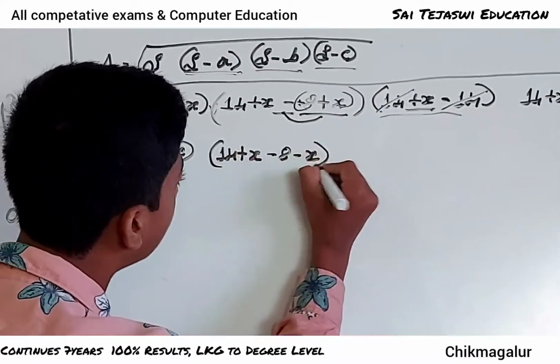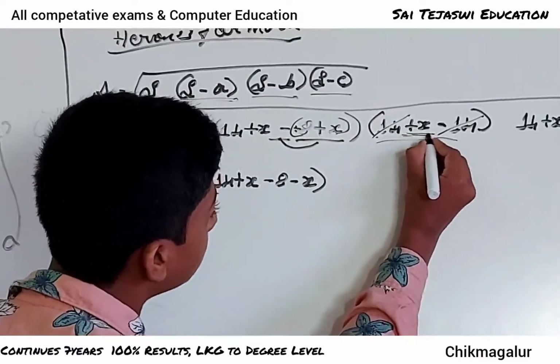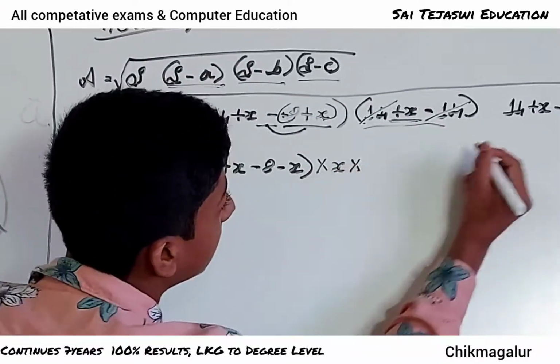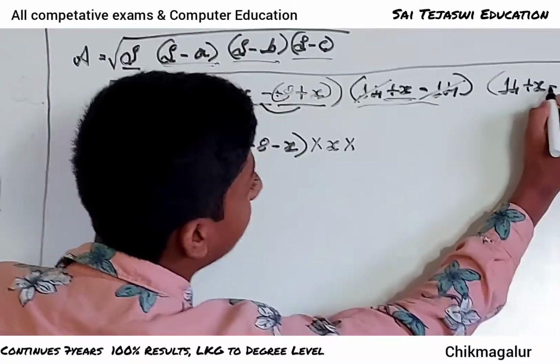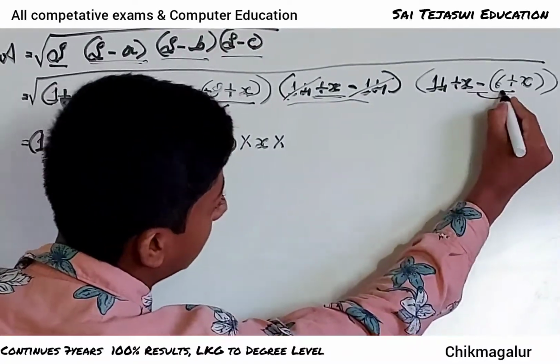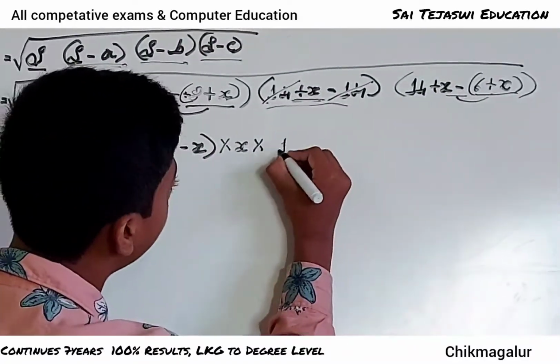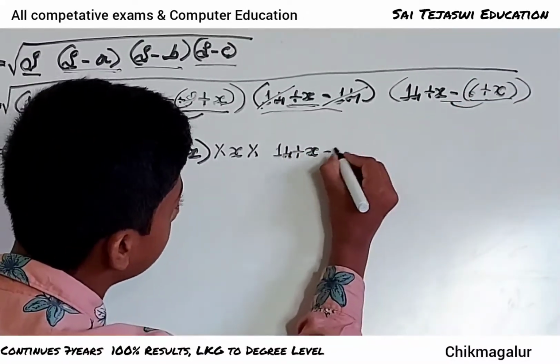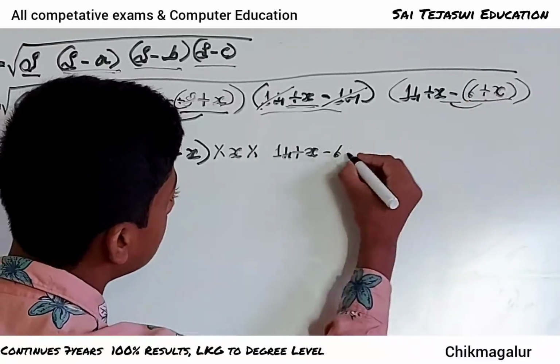So we apply bracket again. So here remaining is only x, so no need of bracket. So we take it as multiply. And here we will apply the minus symbol into this. So it becomes 14 plus x. Plus into minus is minus, minus 6. Plus into minus is again minus. So minus x,